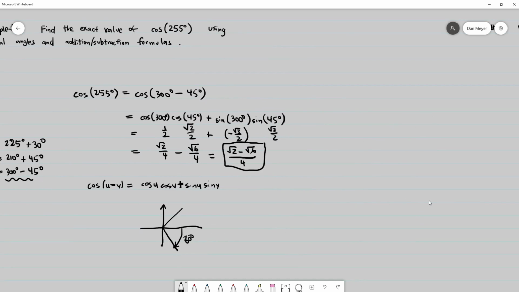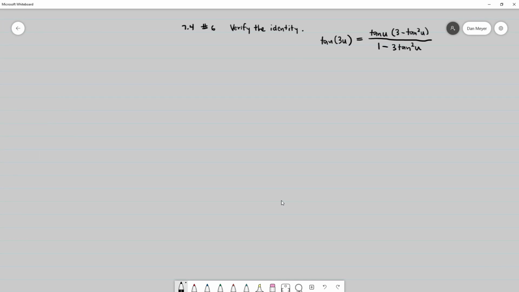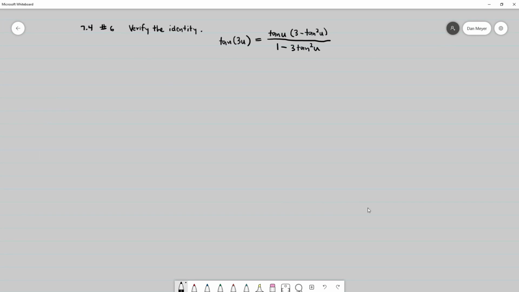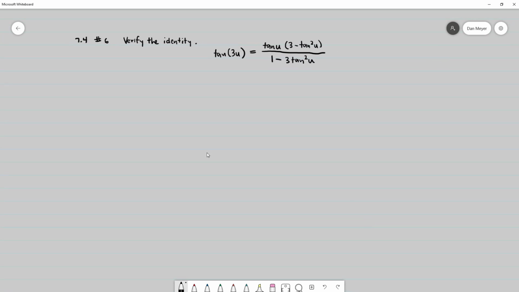All right, let's move on to some 7.4 problems that we skipped over. Verify the identity: tangent 3u is tangent u times 3 minus tangent squared u, all over 1 minus 3 tangent squared u. So this is kind of like a triple angle identity for tangent. And we will start off here